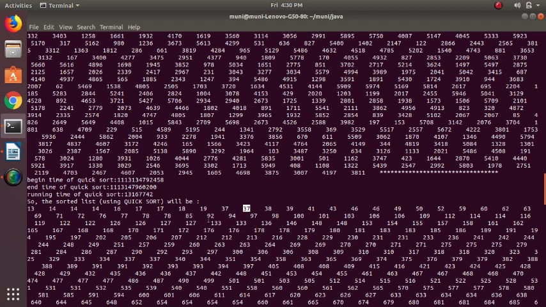That's the meaning of non-decreasing order. It may be repeated. You can say 37 can appear 2 times. Here also 17 can appear 2 times, 78 can appear 2 times, 127 may appear 2 times. But after 127, you should not get 126 here. That's the meaning of non-decreasing order.